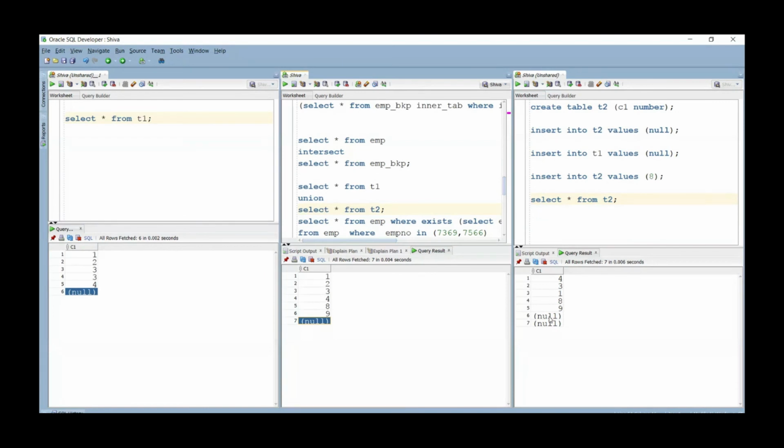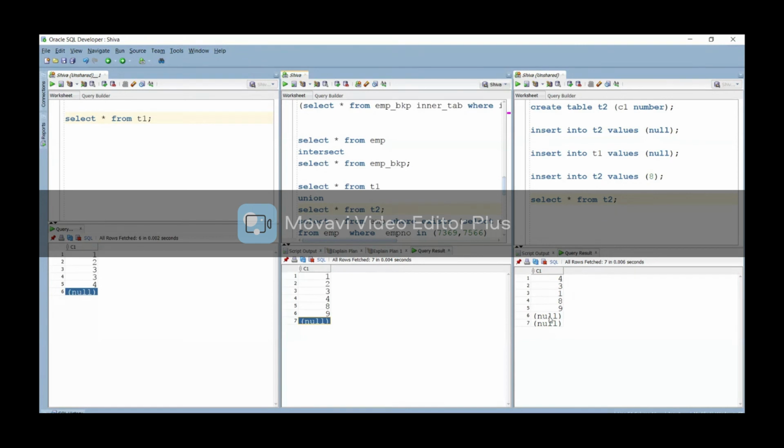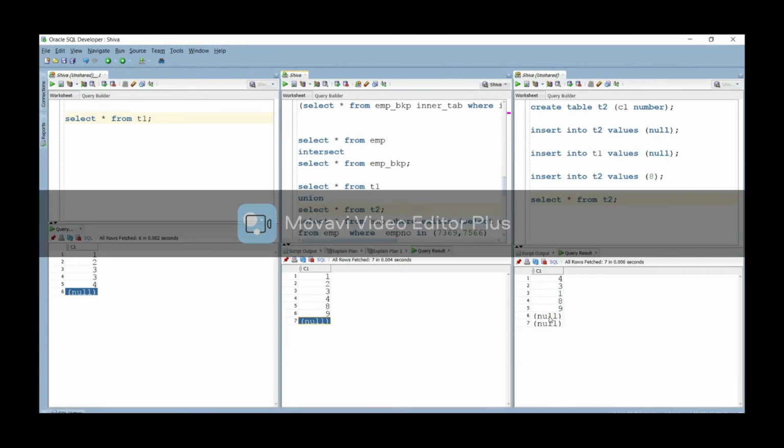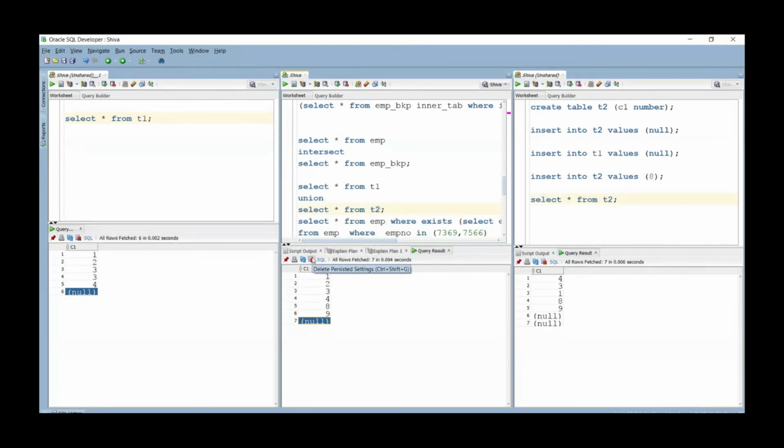Set operators have the capacity to compare null values. For that reason, null is equal to null in this case. Never say null is not null. If anyone asks whether null is equal to null, the answer is false. But in this case, with set operators, you can say null equals null. You are not comparing here, and you are not using anything other than a set operator. If you use a comparison anywhere else, you will get false: null is not equal to null. Keep in mind this is a tricky question that comes up in interviews.